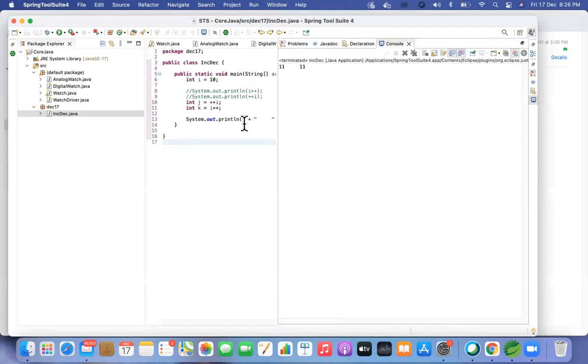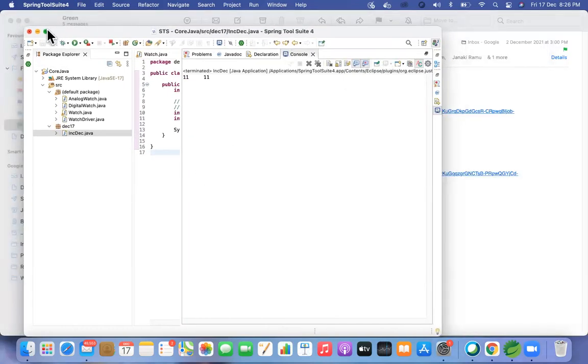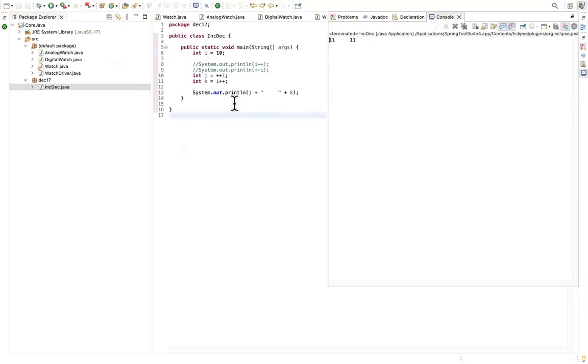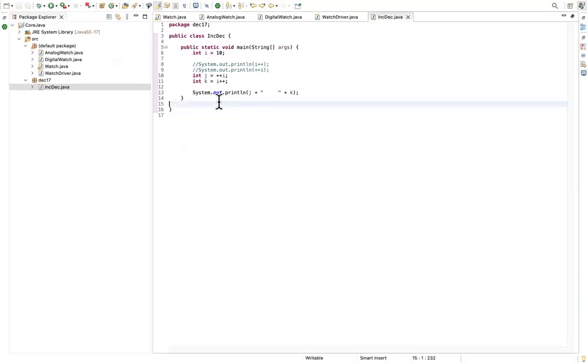Now we'll try with the increment and decrement operators. Initialize one more value. We'll have int A equal to 10, the same thing, just a different variable. After this sysout, I can just type int A equal to 10. And same thing, just use the same sysout which you have above, and make I minus minus and minus minus I. The above sysout, you can just cut and paste it.